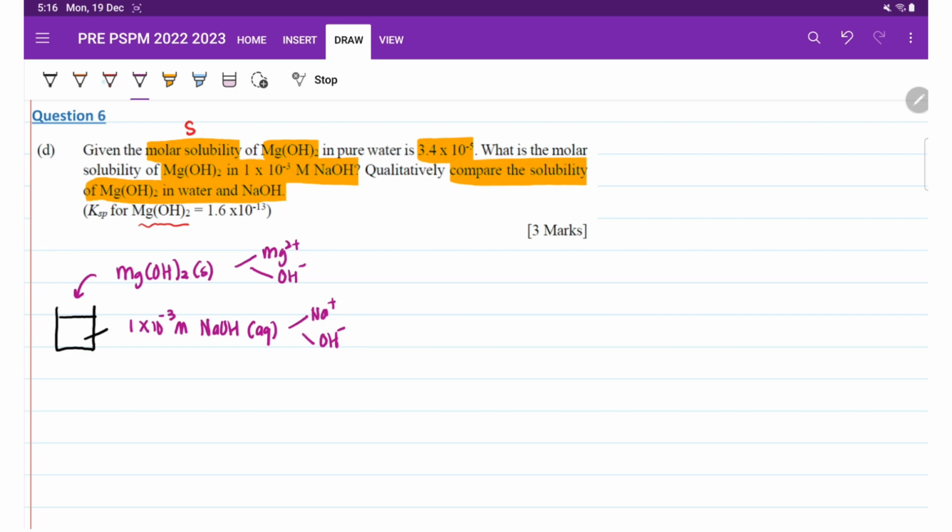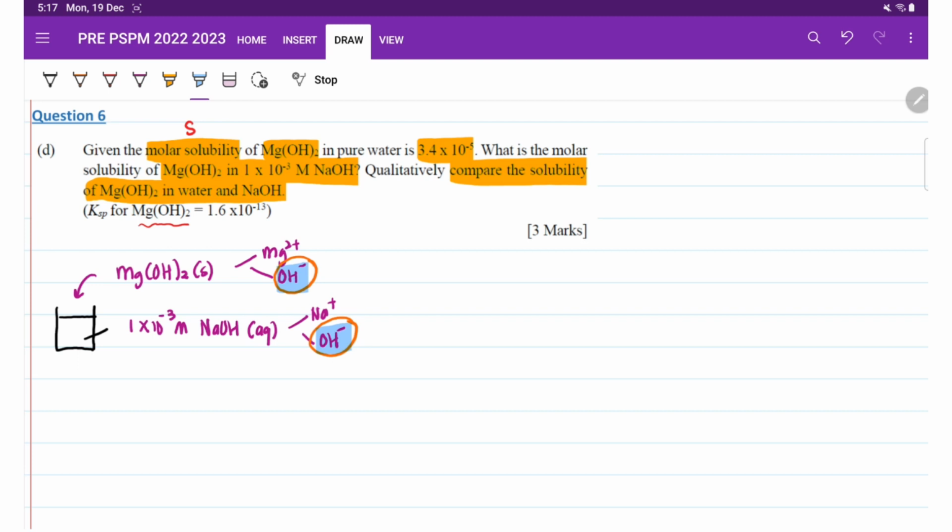Kenapa kita kena pecahkan dekat sini? We want to identify is there any common ion. Sebab ingat balik, bila ada common ion, that particular common ion akan mempengaruhi kita punya solubility of our slightly soluble salt. So, as you can see over here, there is a common ion which is OH minus. Saya highlightkan sekali. Okay. So, to look on the value of molar solubility of MgOH2, magnesium hydroxide, in sodium hydroxide,